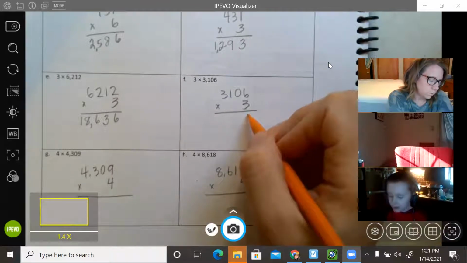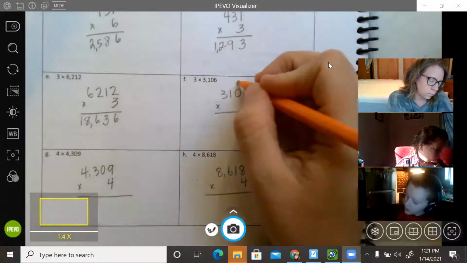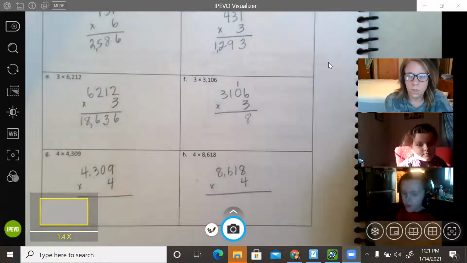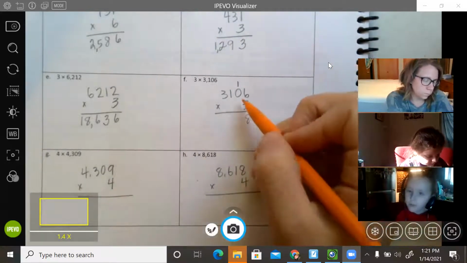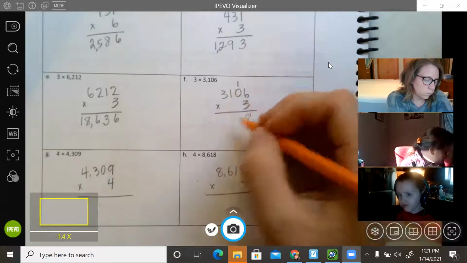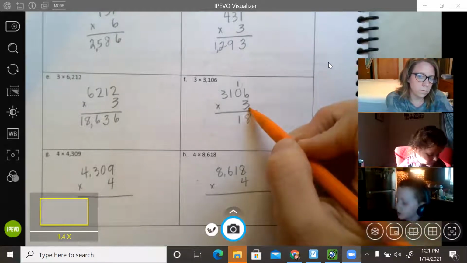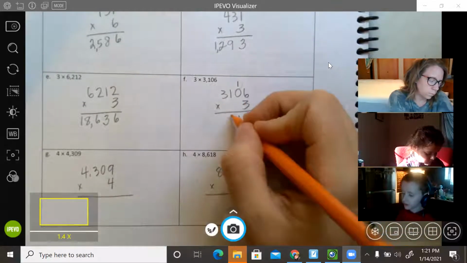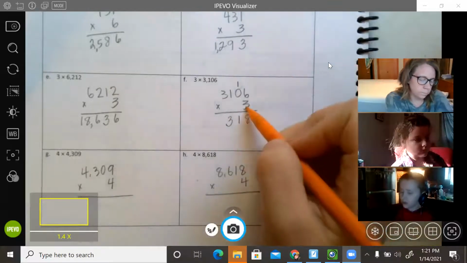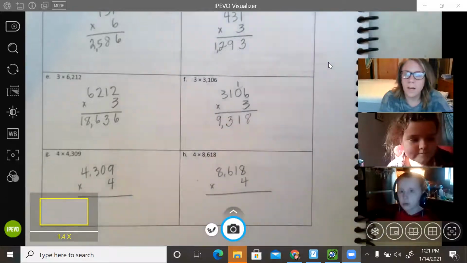So then you put the 8 down in your answer, and you carry the 1. Good. And then 3 times 0 equals 0, and then 1 plus 0 equals 1. Good. So then next you do 3 times 1 equals 3. And then last, 3 times 3 equals 9. And then the answer is